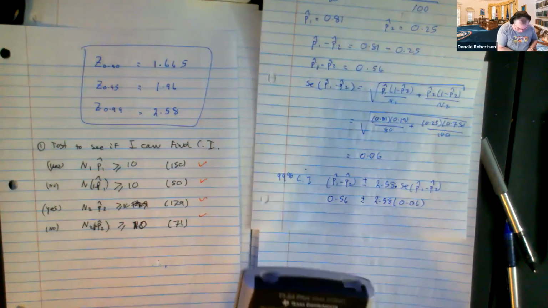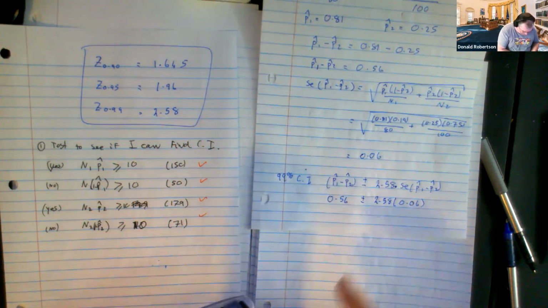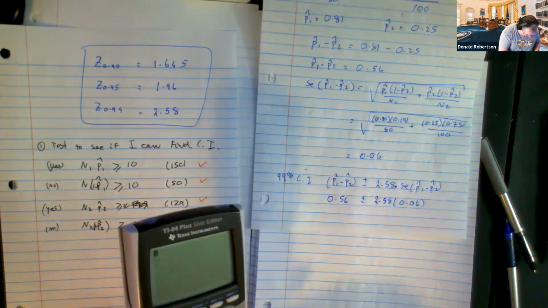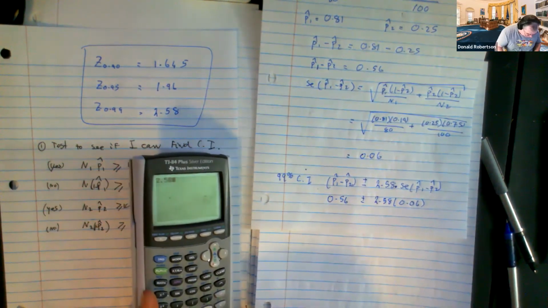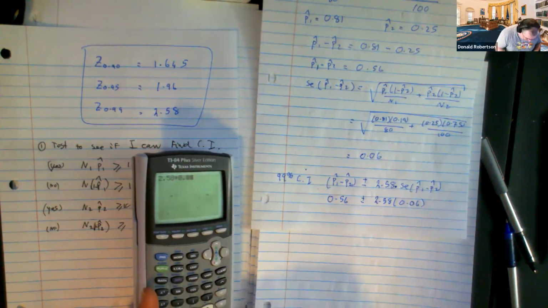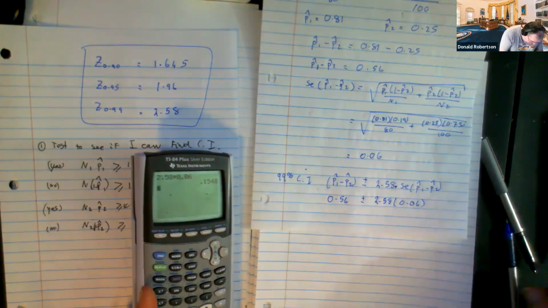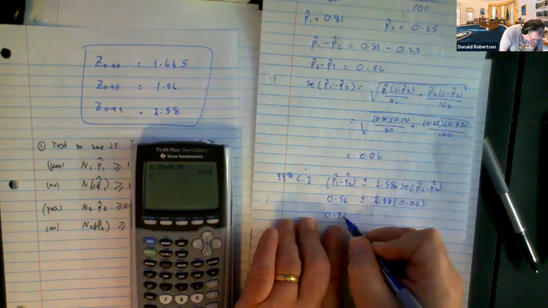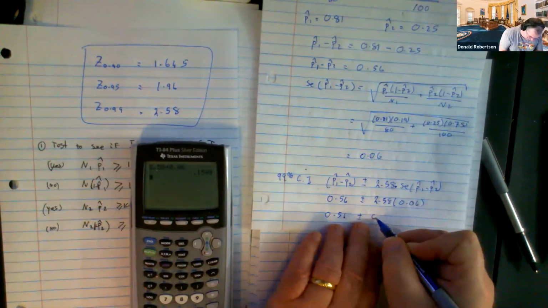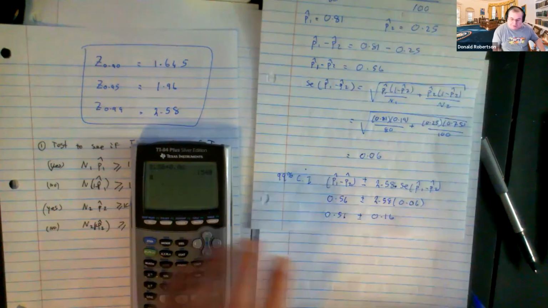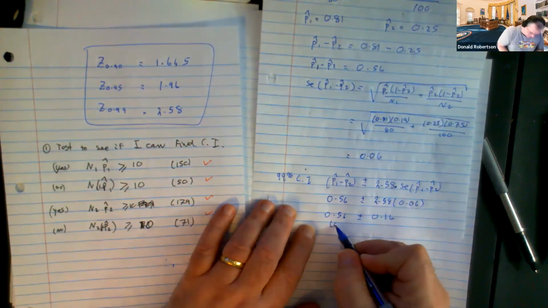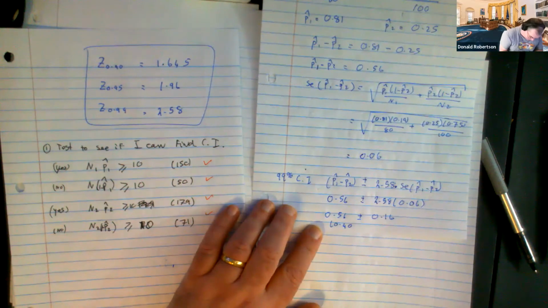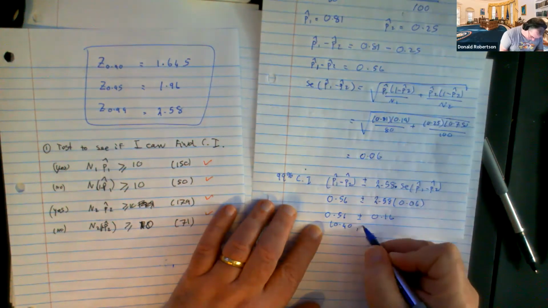When you're doing homework questions, you might want to be a little bit more accurate than I am, just so that WebAssign is happy with your result. So maybe do things to 3 or 4 decimal places. But in my case, it's 0.56, give or take 0.16 if you round it off. And on this side, 0.40. And this side,